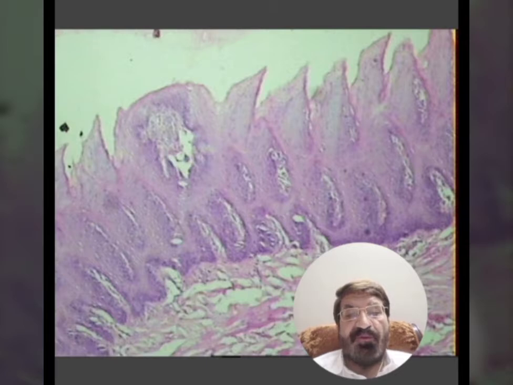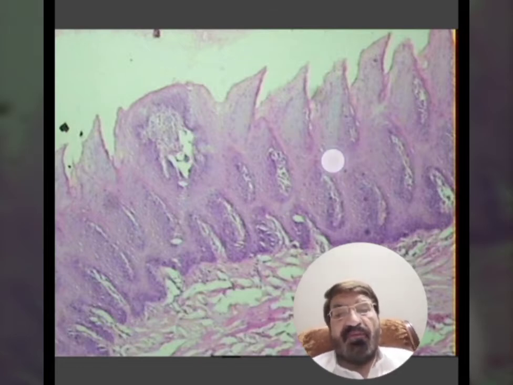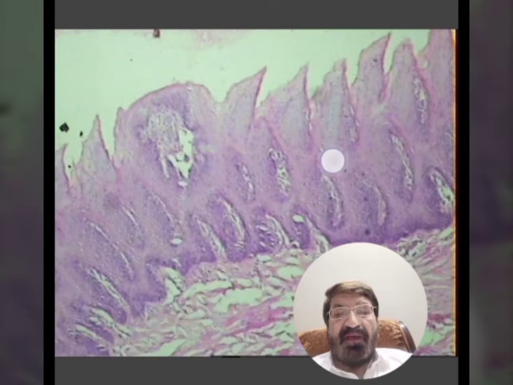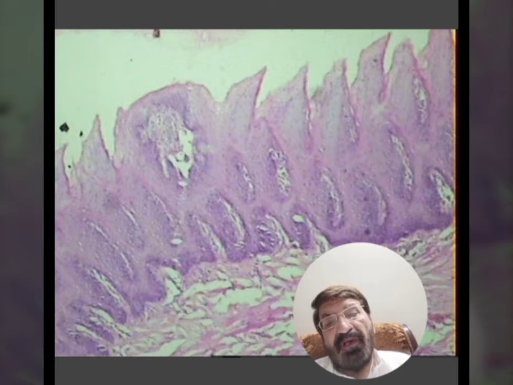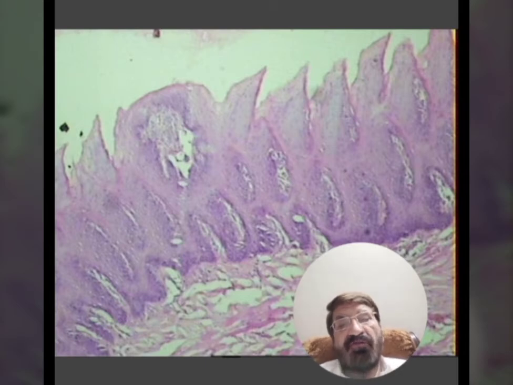Under the microscope you will identify the tongue by seeing its dorsal surface, which has got these crow beak like projections, जैसे कौवे की चोंच होती है. और ये जो टंग की डॉर्सल सरफेस है, इस पर ये जो एपिथेलियल प्रोजेक्शंस हैं, इनमें एक प्राइमरी पेपिला which is the epithelial, and can you see the lamina propria it is protruding inside and it is lifting up the epithelium. This is called the secondary papilla or the connective tissue papilla, the coat and the core, and this is the dorsal surface of the tongue.